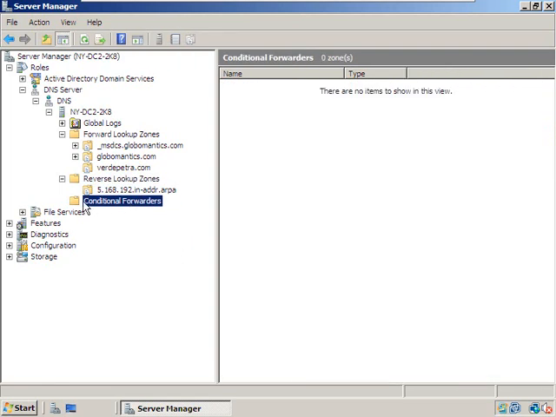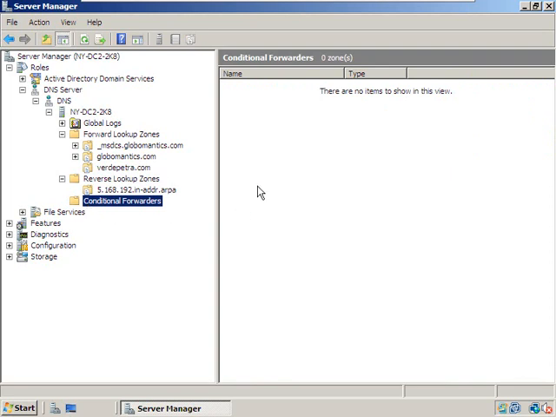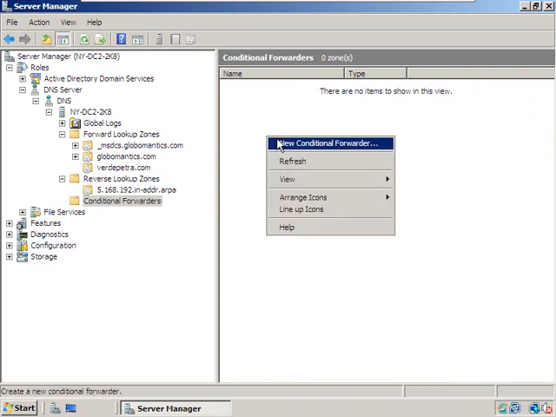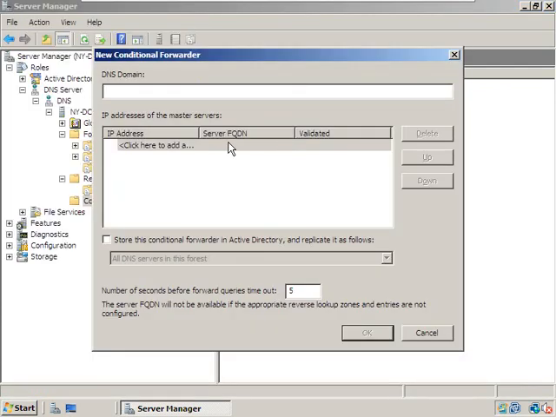All right, conditional forwarders. Conditional forwarders, remember, they basically serve the same purpose as the stub zone. A conditional forwarder just simply takes requests from one network that have to do with another network and forwards it over to the DNS server over on the other side. Now, I can create a new conditional forwarder here, at least I can try. It's probably going to be very angry with me because I already have a stub zone for this. Remember, you cannot have a stub zone and a conditional forwarder at the same time on the same machine. You might have a conditional forwarder on one machine, a stub zone on another machine, but you can't have both